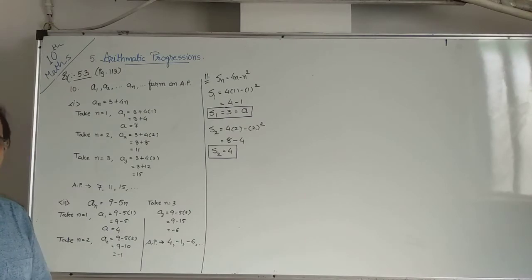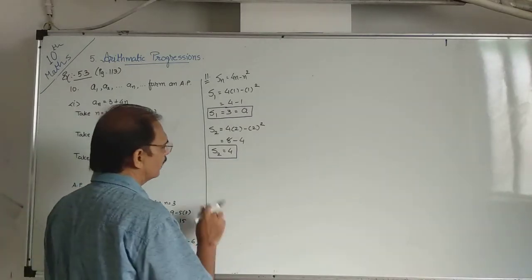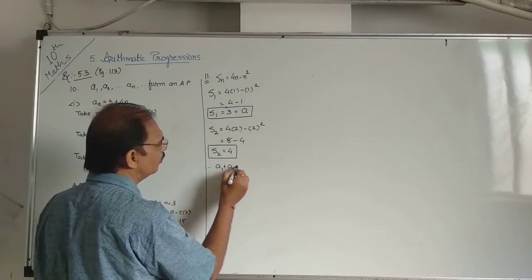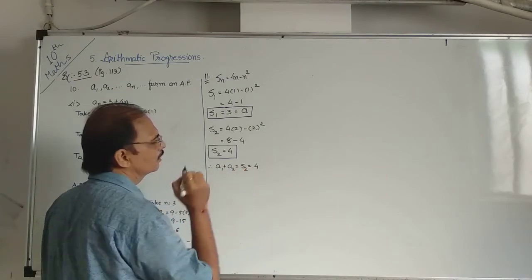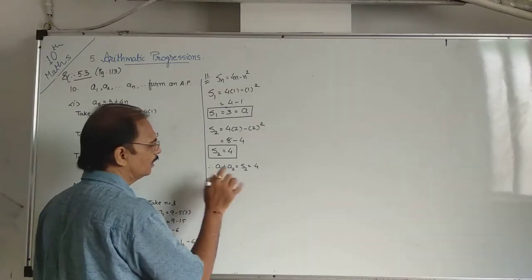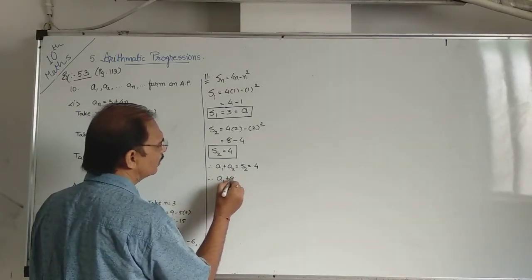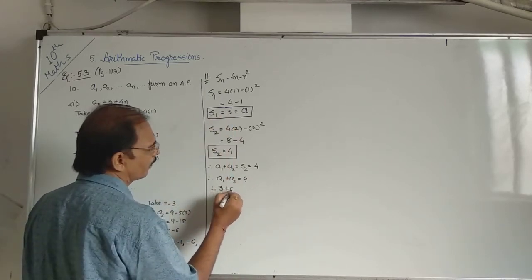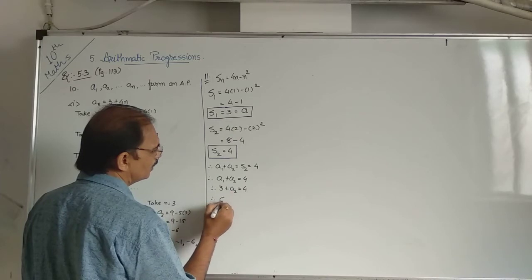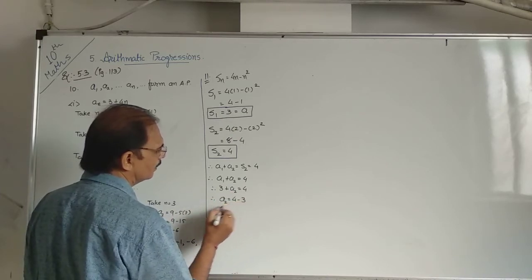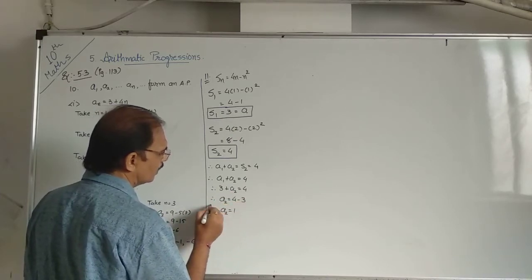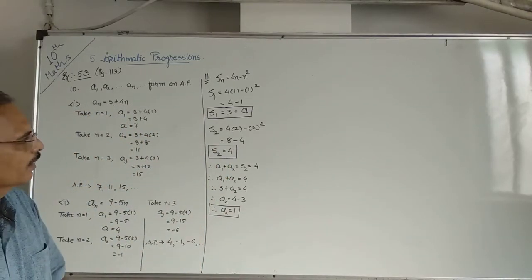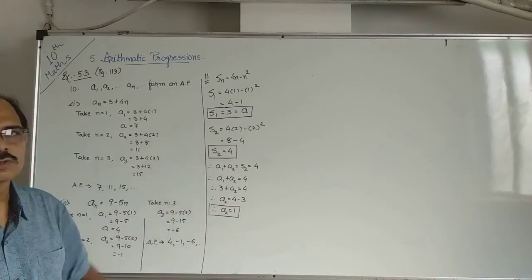Second, what is the second term? Means A2. Sum of two terms means what? First term plus second term. A1 plus A2 equals S2. Sum of first two terms means first term plus second term, means A1 plus A2 equal to 4. A1, that is the first term, is 3. Plus, 3 moves to the other side, so A2 equal to 4 minus 3. So A2 equal to 1. The second term is 1. The sum of two terms is 4 because the first term is 3, and 3 plus 1 equals the sum of two terms.